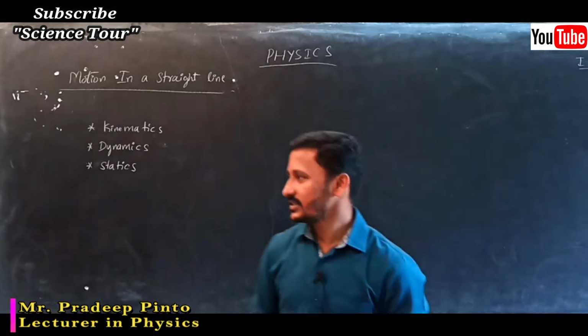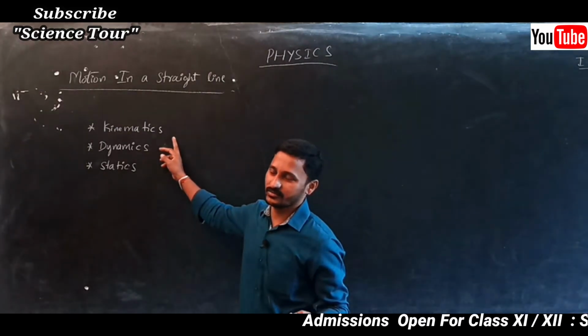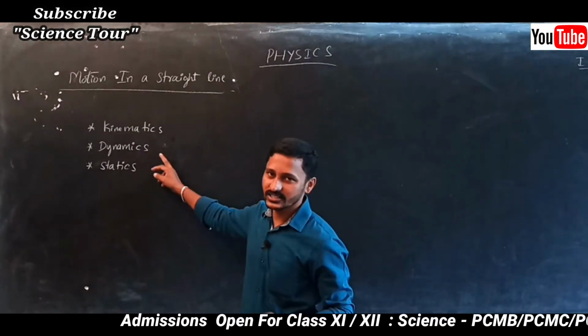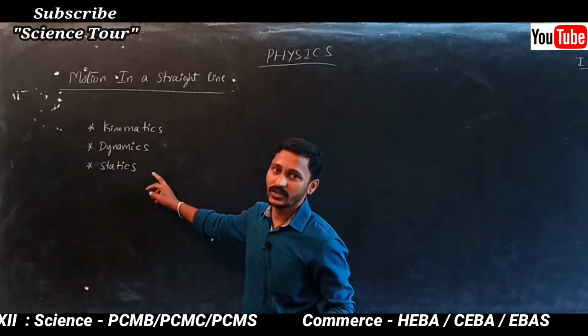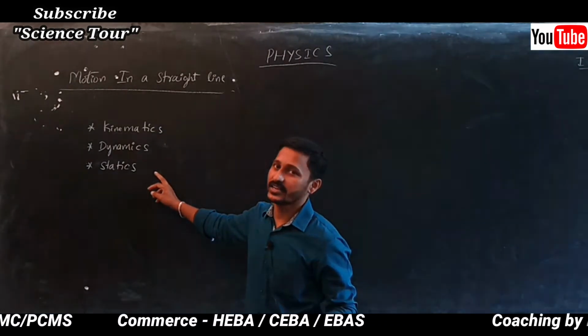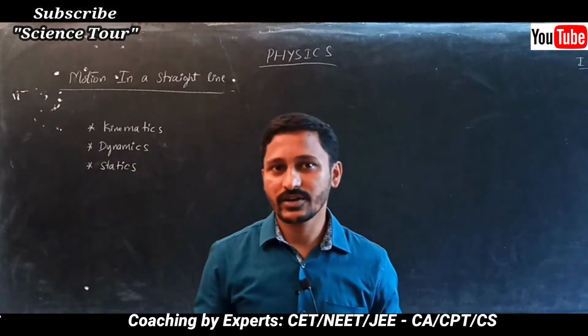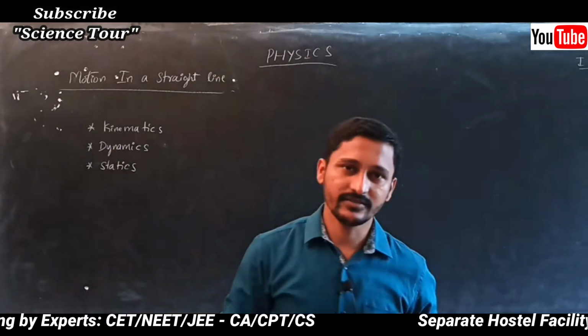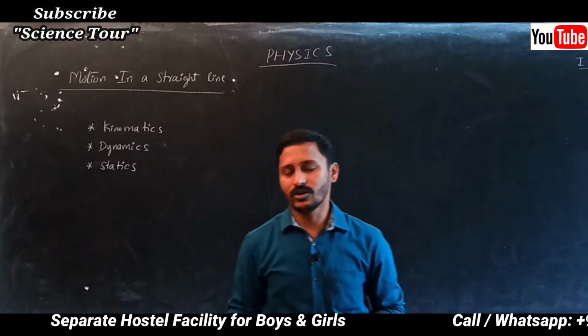One deals with the motion of the object without considering the cause of motion. This one deals with the motion of the object by considering the cause of motion. This one deals with an object which is at rest, that we have to study. Now we have divided mechanics, and these are all things we have done, right? So basically we are studying the motion of the object.